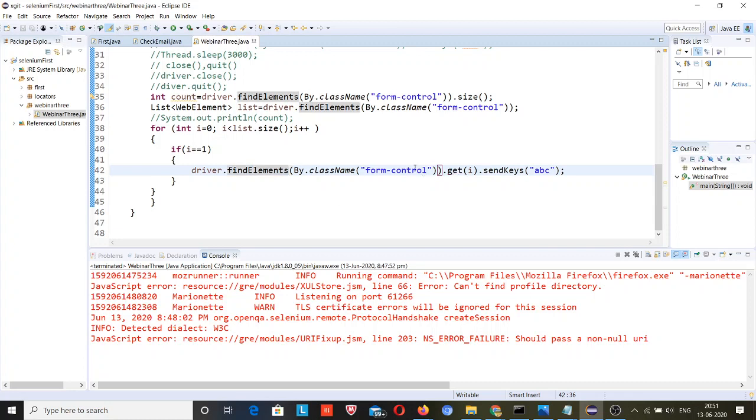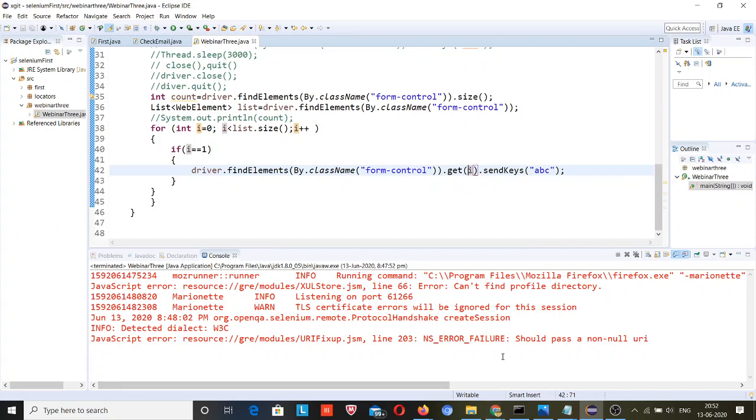So now, if you don't use get I method in find elements, then it will simply come into this code here, and after that I is equal to 1, if the condition gets true then this code will run. But this Selenium code does not know what to do until you tell it that it should relate to this index, and this index value will be I is equal to 1. It will come under this code and run this code. So here if you put the get I method, then only it will relate to this second index.